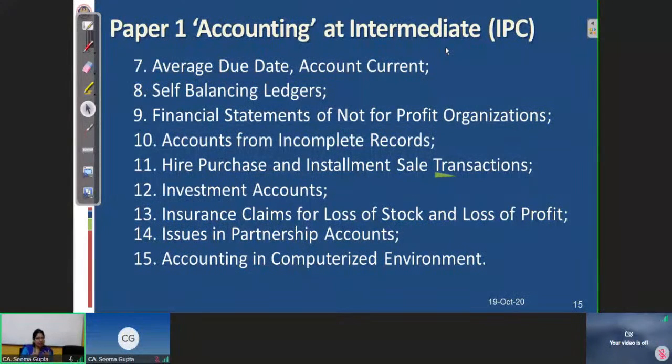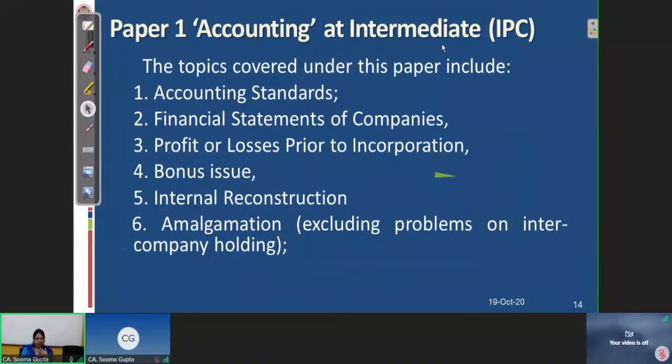In accounting standards, we have 1 full-fledged question, no doubt about that. Out of the remaining 6 questions, we have to attempt 5 questions of 16 marks each. So you have a choice, a leverage to leave any 1 question. Moreover, in the last question, we can have an internal choice also.